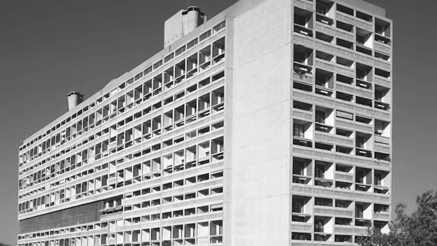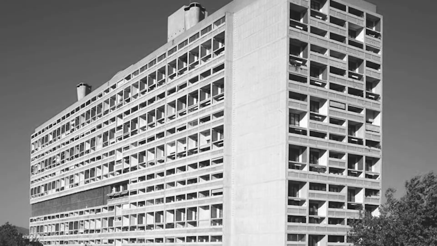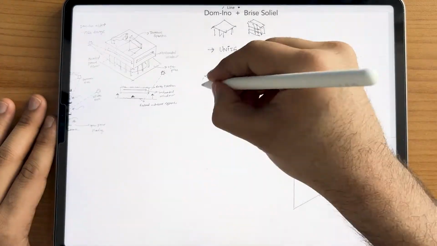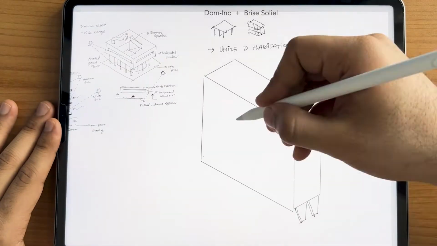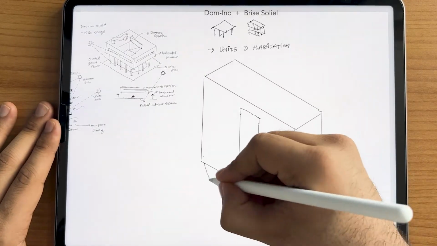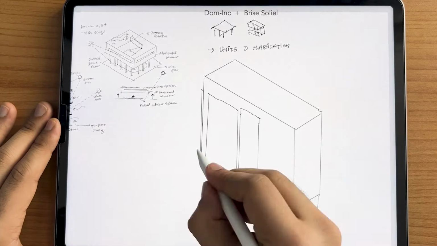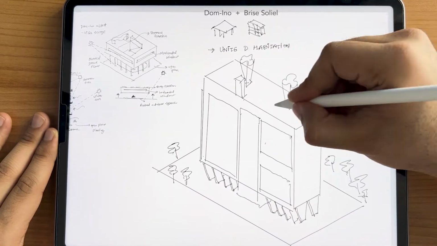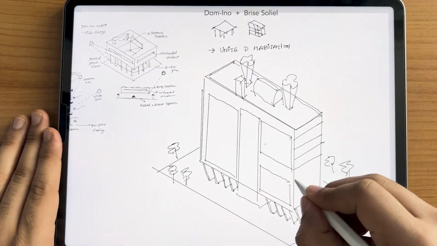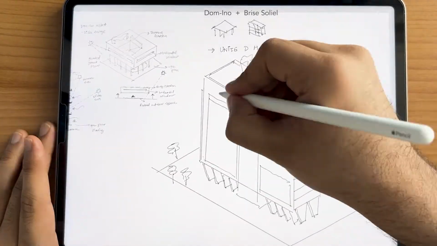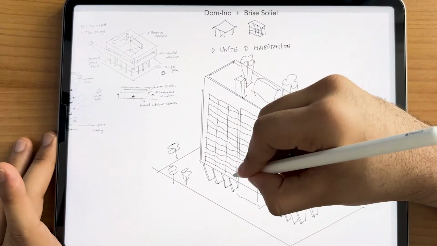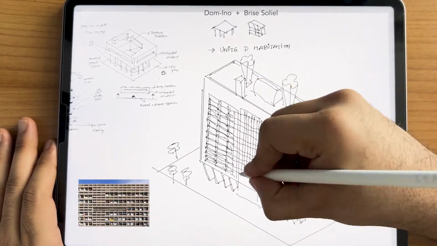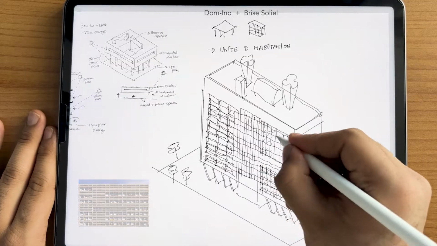The third project we will discuss is the combination of the domino effect and the brise soleil, which is the Unité d'Habitation. This project became a crucial phase of shaping Corbusier's design philosophy. Here, Corbusier used the sun shading method to protect the house from direct sunlight. He raised the whole building on pillars, where the ground became the free floor plan. It contains the terrace garden, and the facade contains the sun shading, which is the brise soleil. It is a French word that means sun shading.